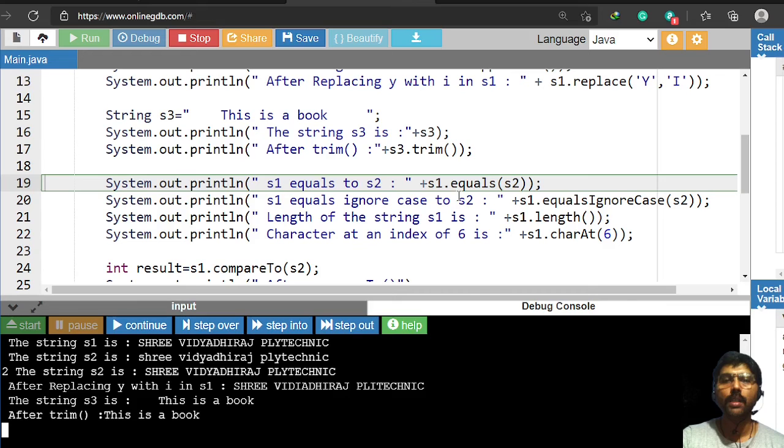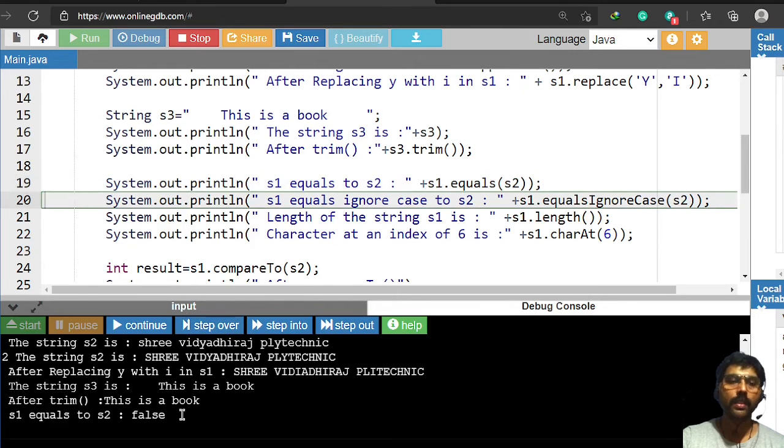Here S1 is compared with S2. S1 contains the string in capital letters, S2 contains the string in lowercase characters. So both contain the same Sri Vidyadiraj Polytechnic, but they are not matching here. So it will give you false.